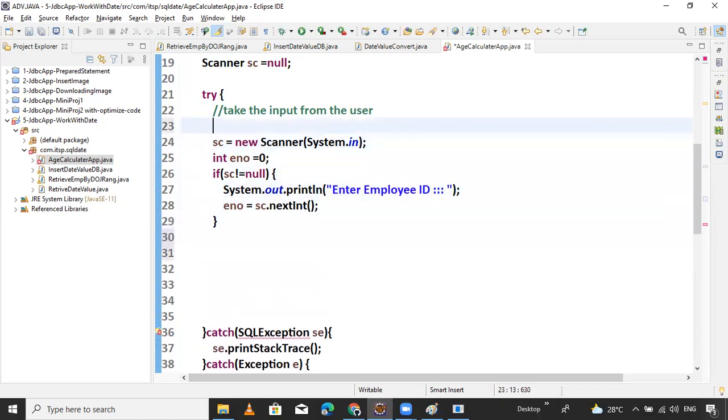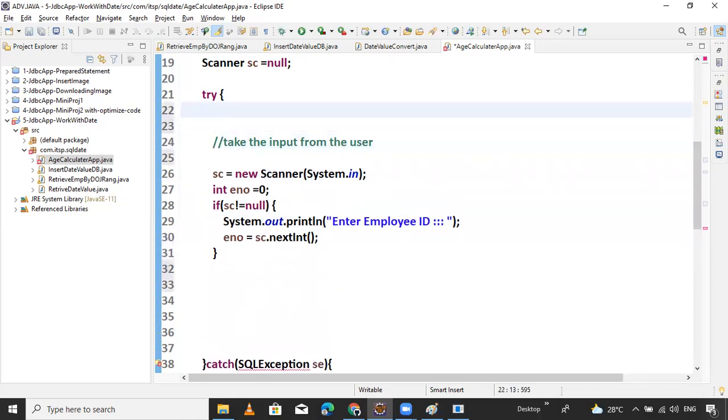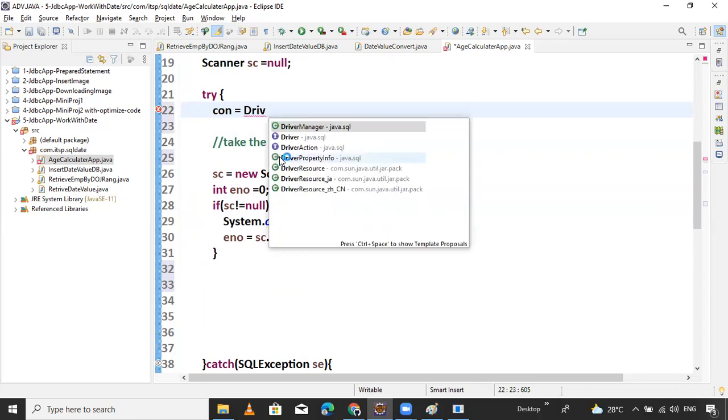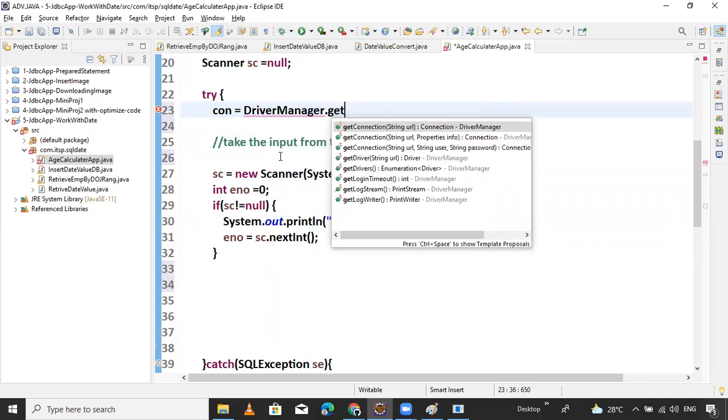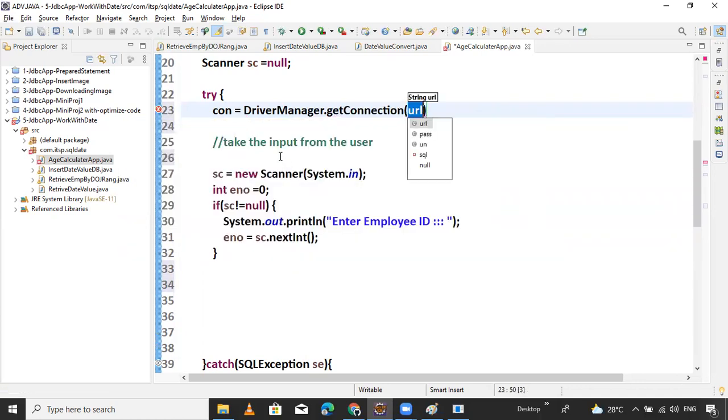Before this reading part, it is better to establish the connection. Con equals DriverManager.getConnection is the method, with url, uname, and pass.